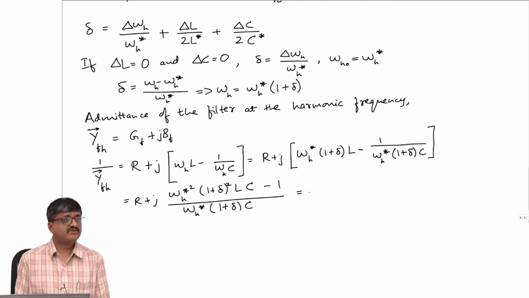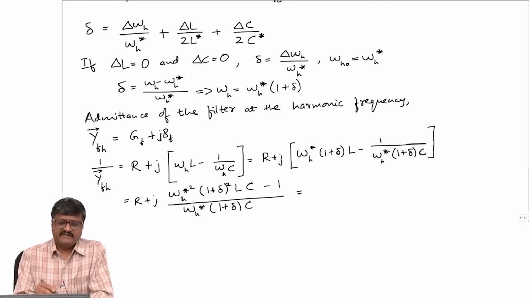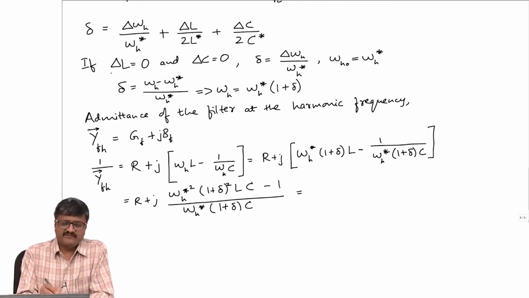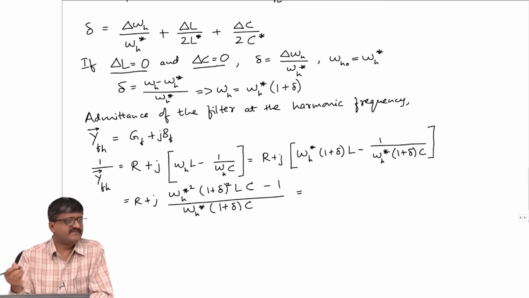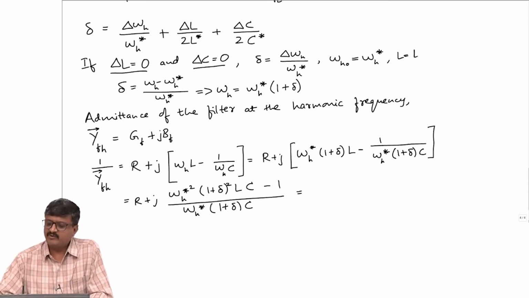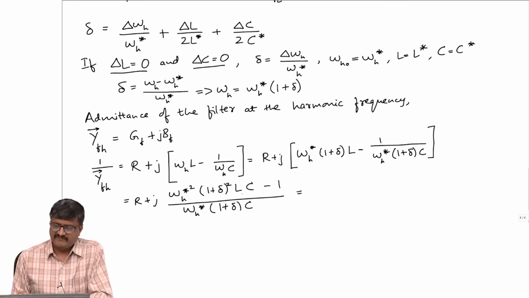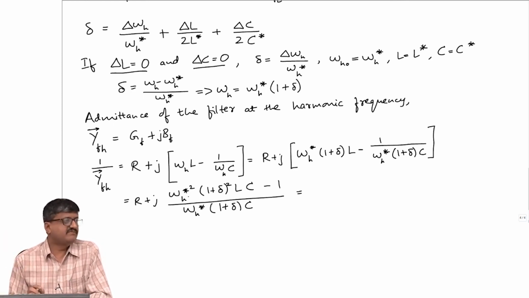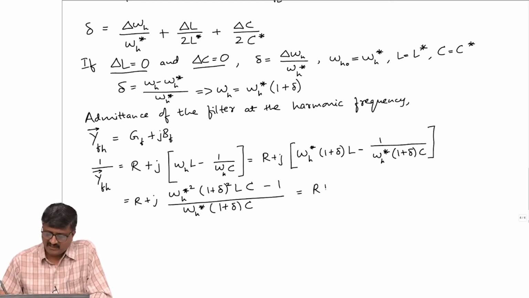LC is equal to? Yeah, please note delta L is 0, delta C is 0. So, if delta L is 0 and delta C is 0, by definition of delta L, it means L is equal to L star, C is equal to C star. That is what we mean by delta L 0, delta C 0. So, if L is equal to L star and C is equal to C star, omega H star is 1 by root L star C star. So, this gets simplified to R plus J